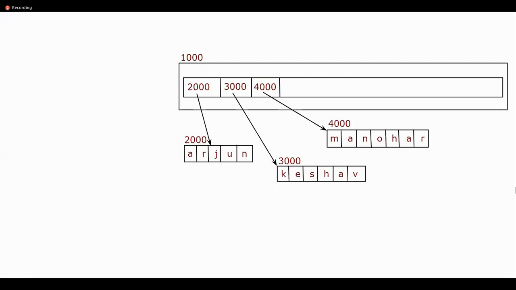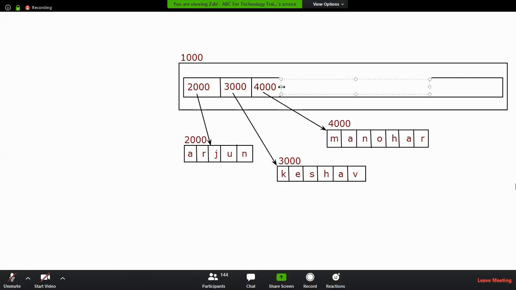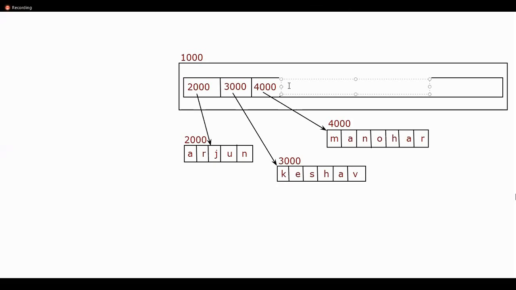In that case, what PVM is very intelligently going to do is, after Manohar's element, the next element should store the value of Arjun. Arjun is a separate object, so very intelligently, for the original string object called Arjun, its address can be reused again. 100%. Once an object is allocated, you can use its address any number of times.